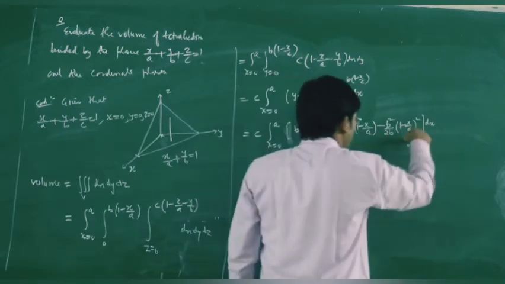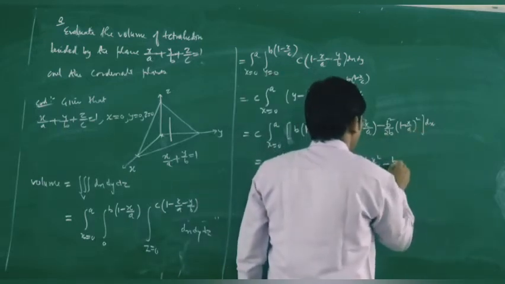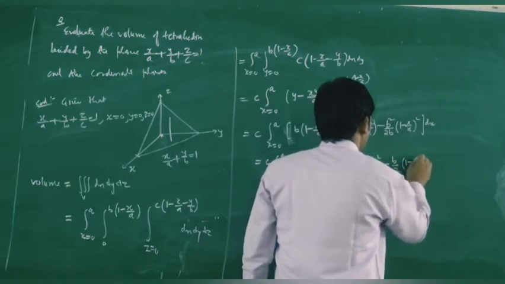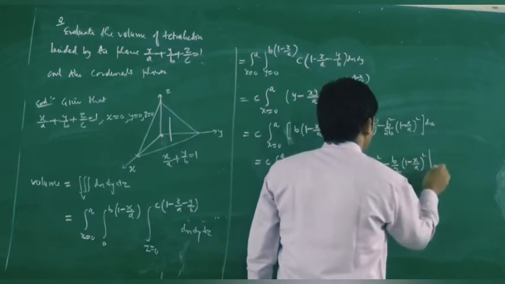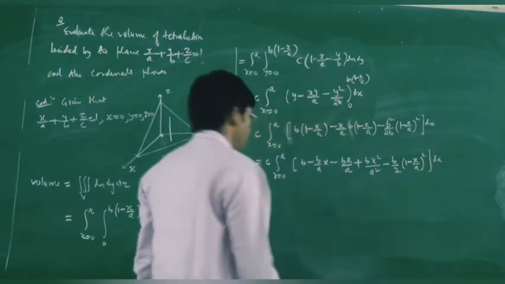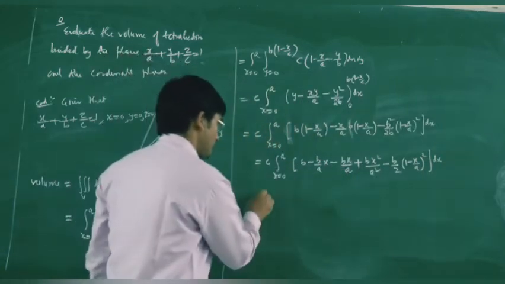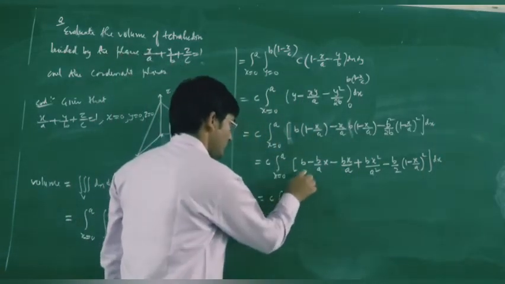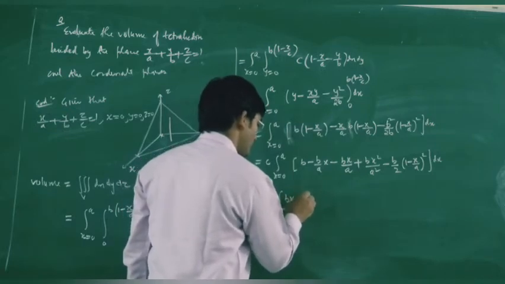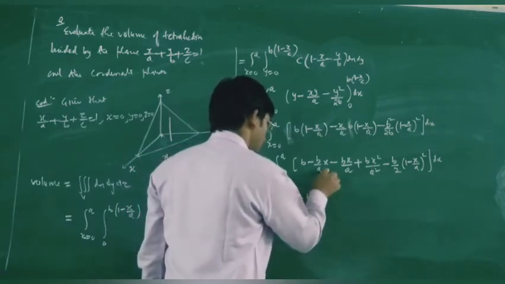But there is no need to simplify this one, so this will be b upon 2 times 1 minus x upon a whole square, then the integration with respect to x. Now let us integrate this bracket with respect to x. The integration of b with respect to x will be bx, then we will have the integration of x